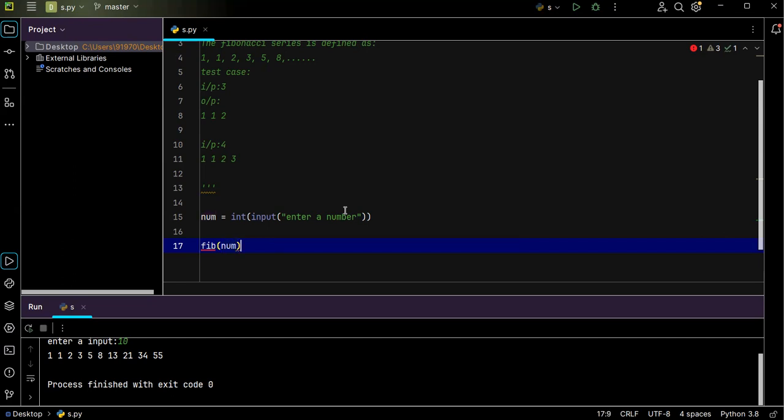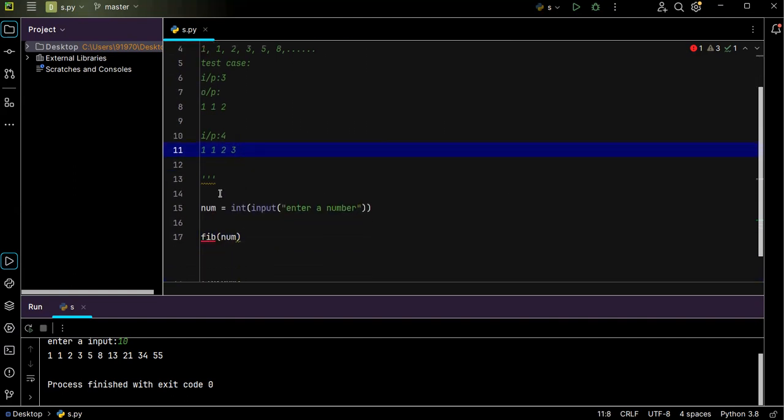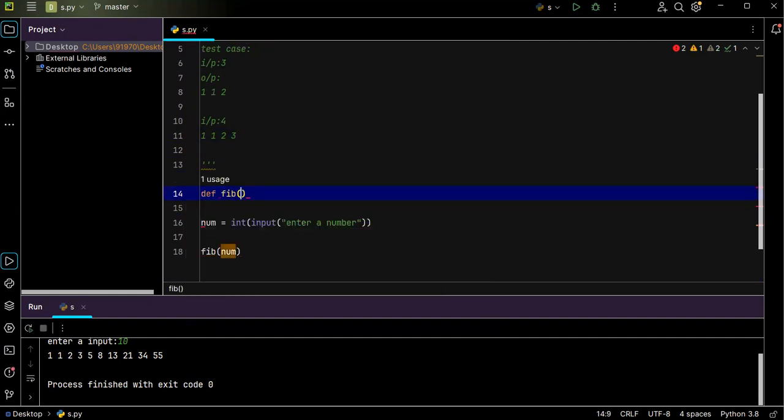So let me call a function that is Fibonacci of a number. So Fibonacci of a number, this function is called. I just need to create a function now. So def Fibonacci of some number. Whenever this number is called,